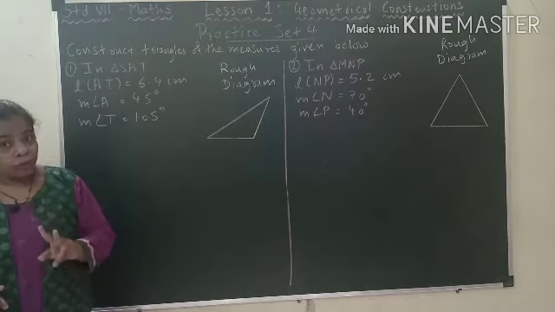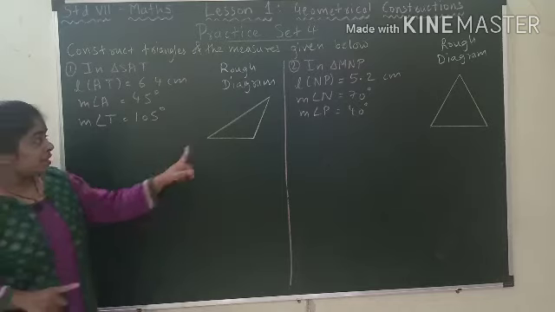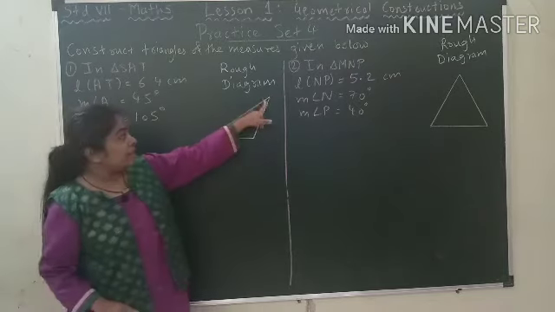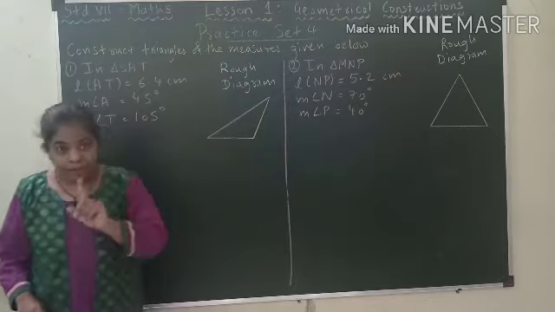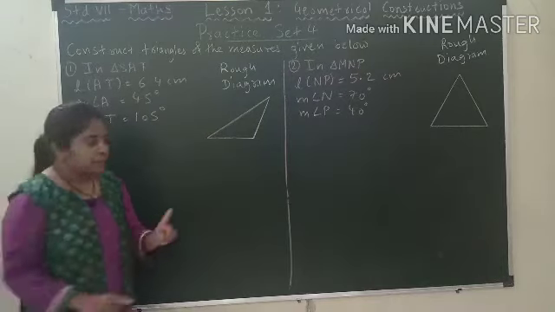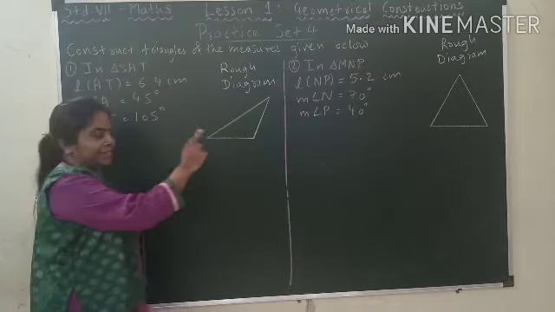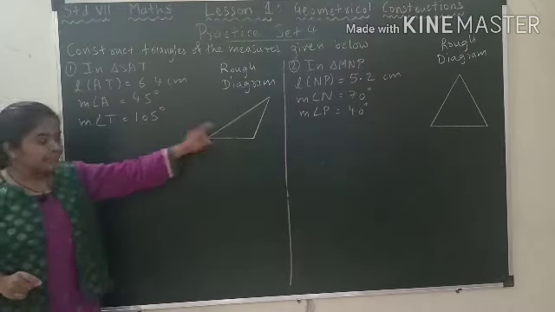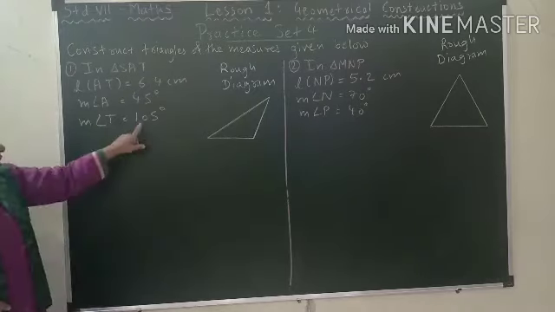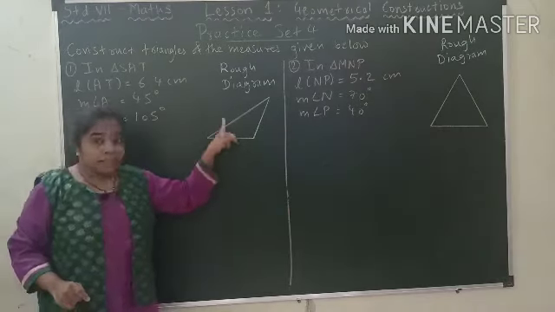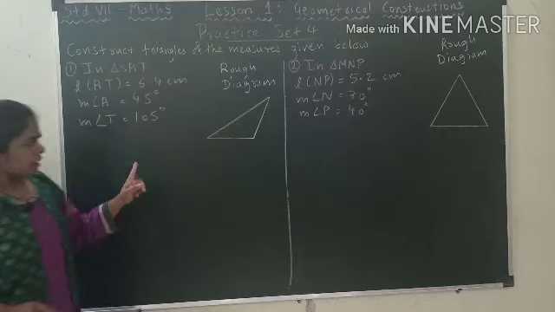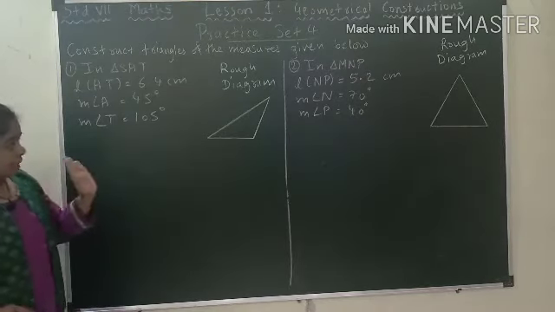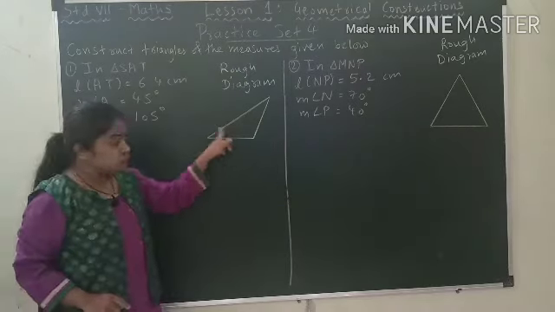So I am going to place my two angles near the base only, because making angle here is not going to be easy. So I will place my one angle here and next angle here. One is 45, which I will be writing here, that looks acute, and 105 here, it is an obtuse angle. That's why I have drawn my rough diagram in that way. So I will place my two angles in these two places.